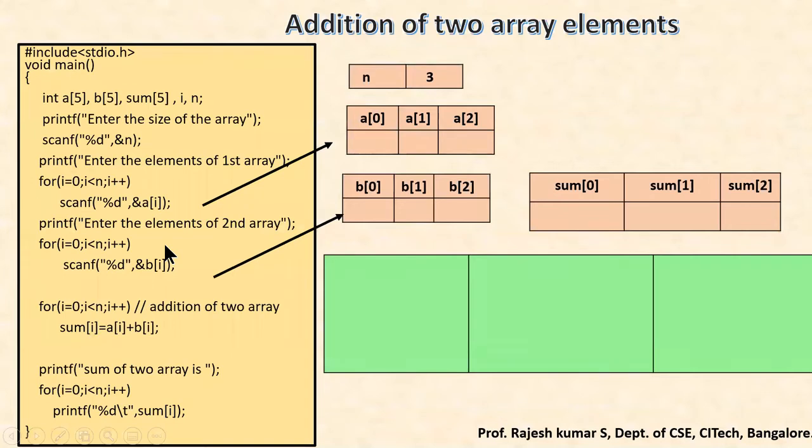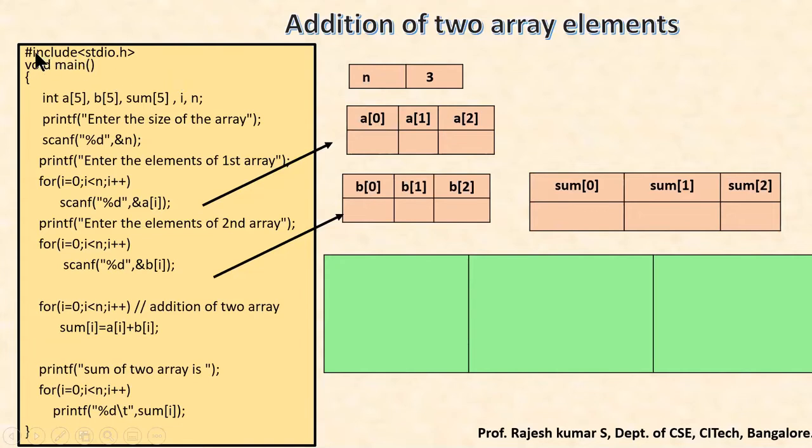Coming to the next program, addition of two array elements. How do we add two array elements? For example, if you have taken A array and B array. Now I want to add the element present at A of 0 along with the element present in B of 0. I have to store this in sum of 0. This both I want to add, and store in sum of 1 here. And this both I want to add, and store in this particular index location. That is how we add array elements.